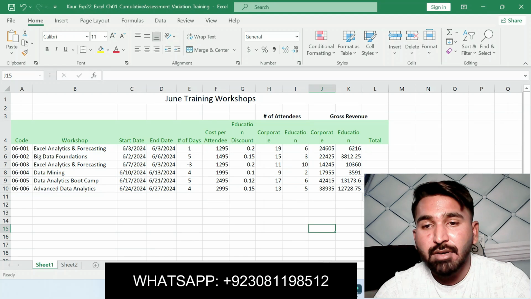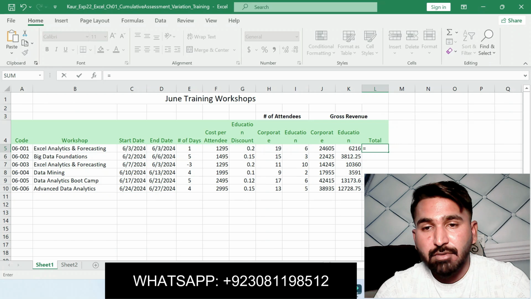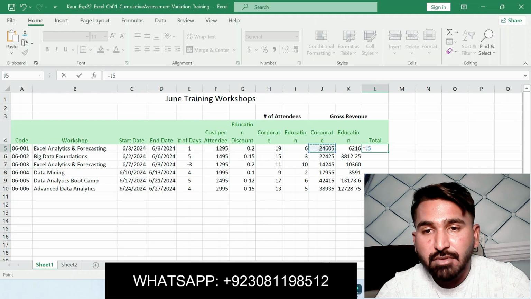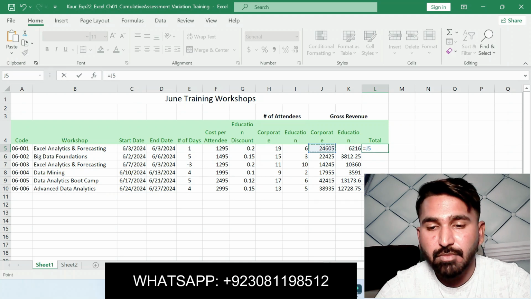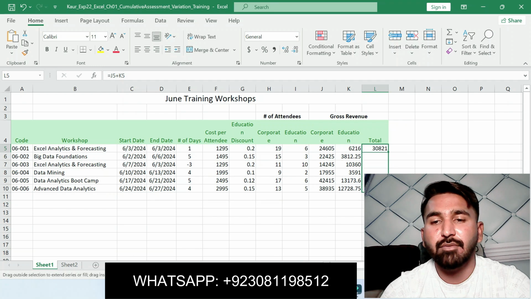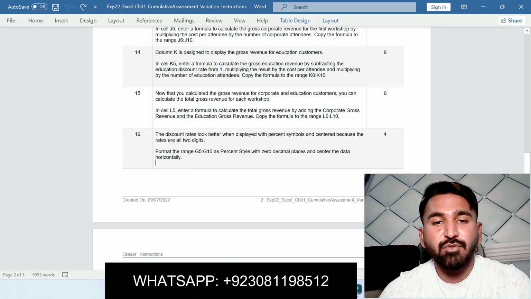Go to L5, is equal to corporate gross revenue, by adding the education gross revenue. Here is fine. We copy the formula L5 to L10. I have done 15 steps. Now moving on to step number 16.